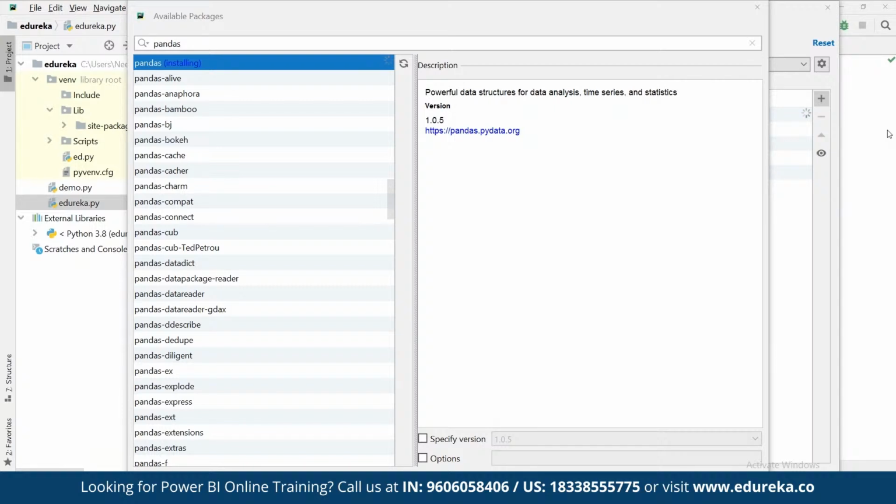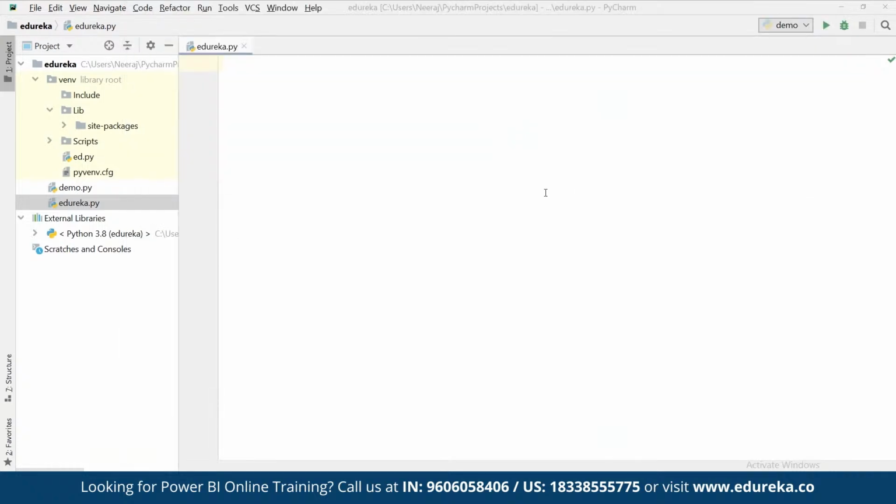So now we can start importing the pandas library here, and then we can start working on top of it. Currently we are going to create a simple data frame by using Python. So we can import the library here first. Here we can define import pandas as pd,